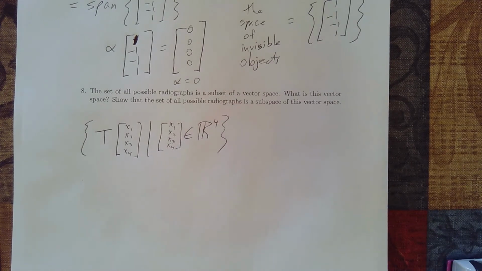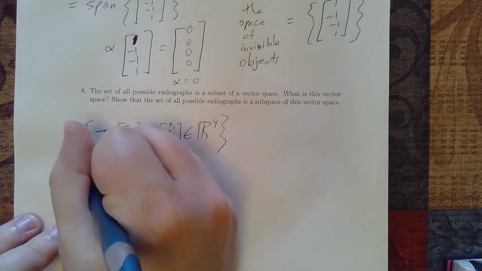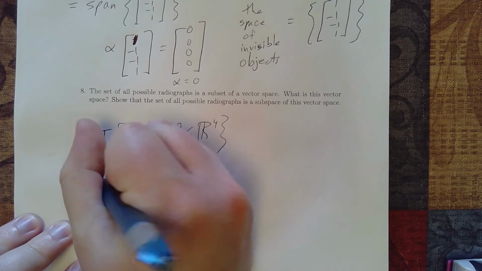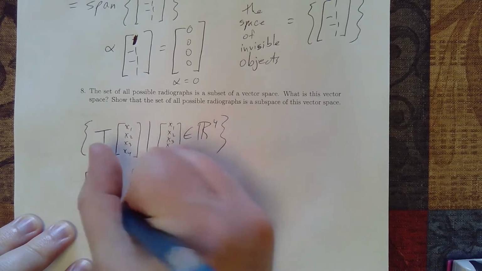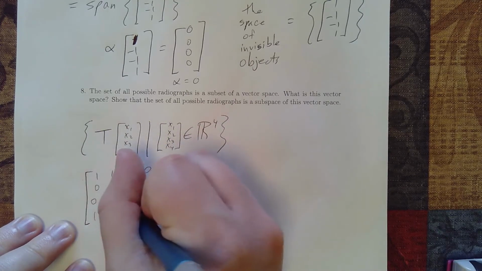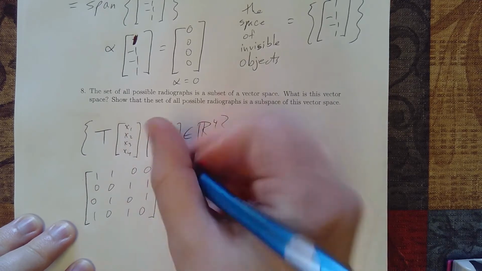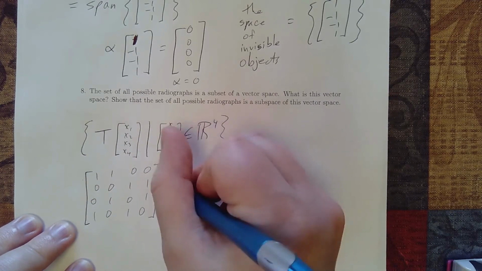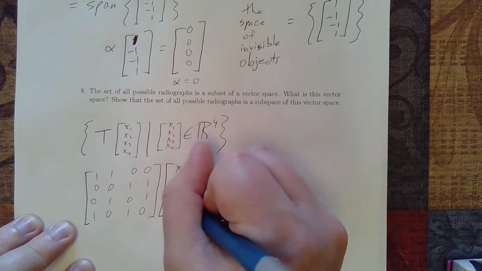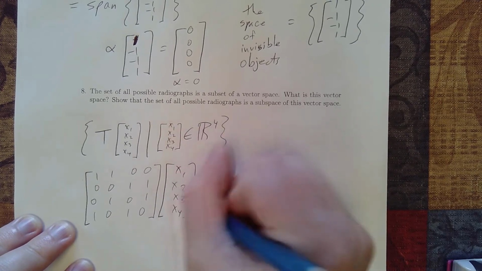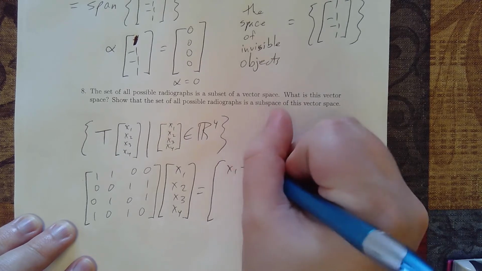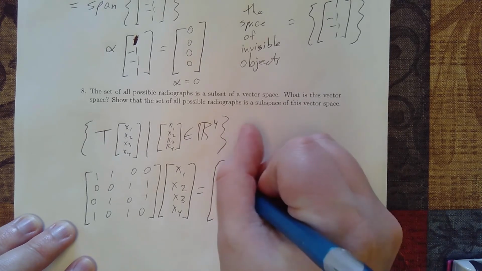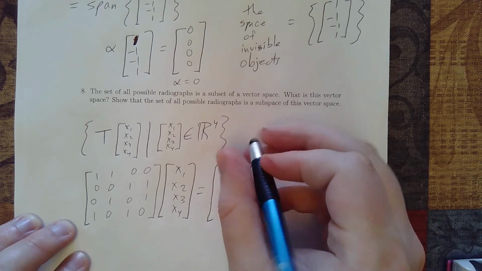So what we're going to do here is we're looking at this set of outputs. So we're taking 1, 1, 0, 0, 0, 0, 1, 1, 0, 1, 0, 1, 1, 0, 1, 0 times x1, x2, x3, x4. And our outputs that we're going to get are going to be x1 plus x2, x3 plus x4,